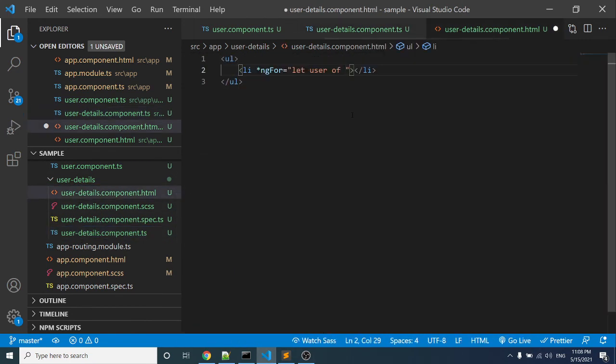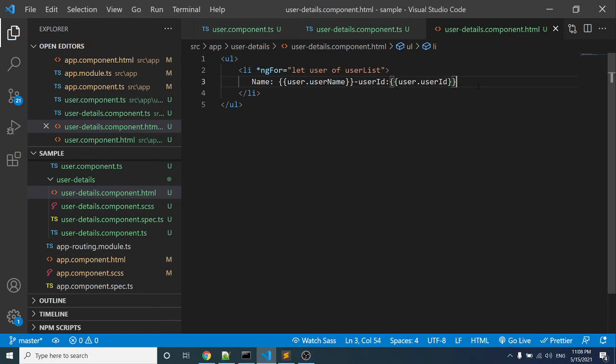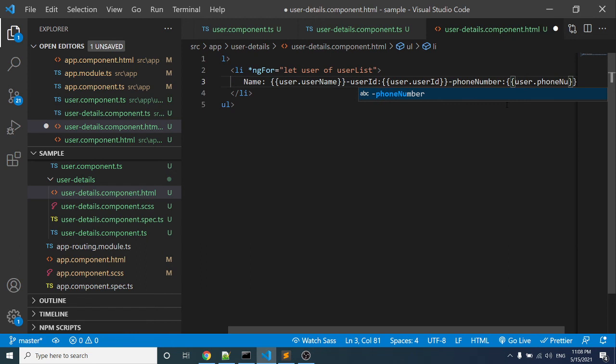Here we can display user dot username, so you can see something like this: username hyphen user ID, user dot userId, and we want to display the phone number also: user dot phoneNumber.